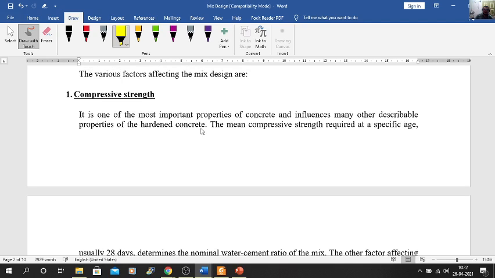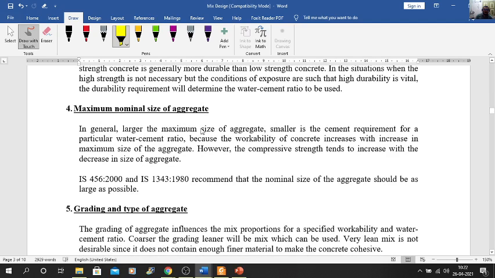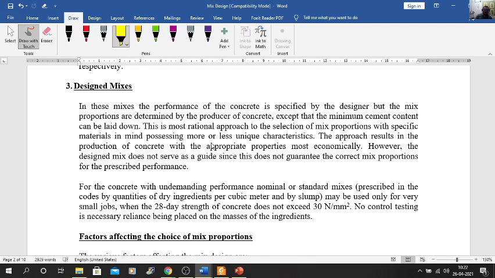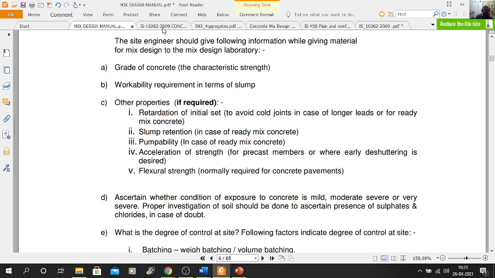Okay, so they will come into the design mix concrete. In design mix concrete, we are not taking the concrete ingredients abruptly. We are finding out how much by weight they are required to mix to get a certain grade of concrete. For that, we have to see the different codes.